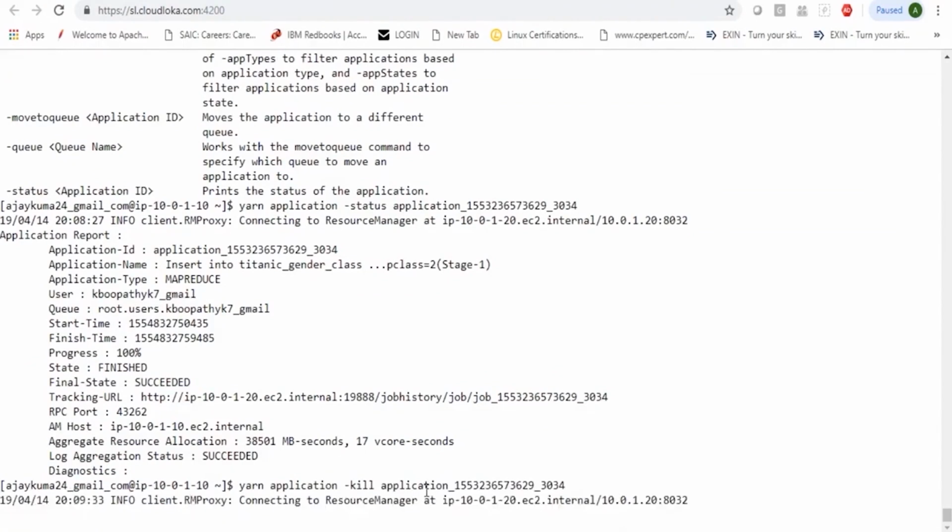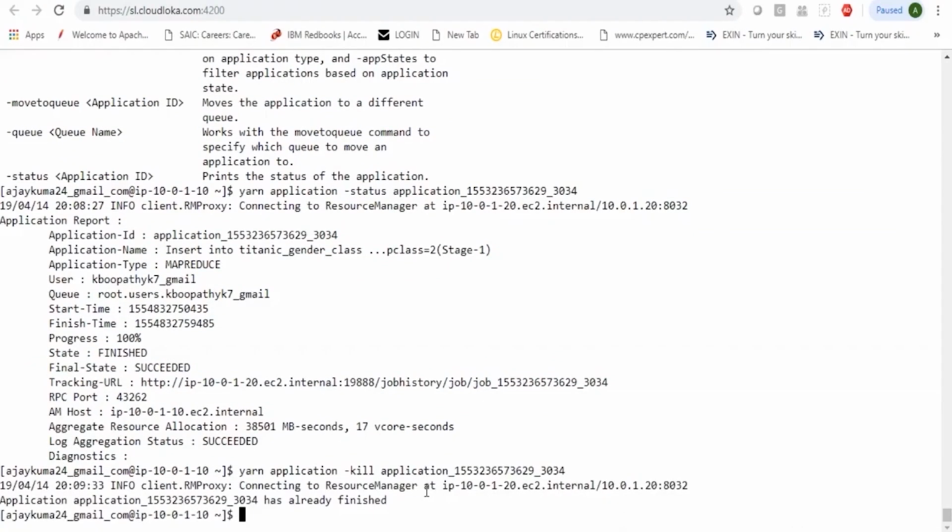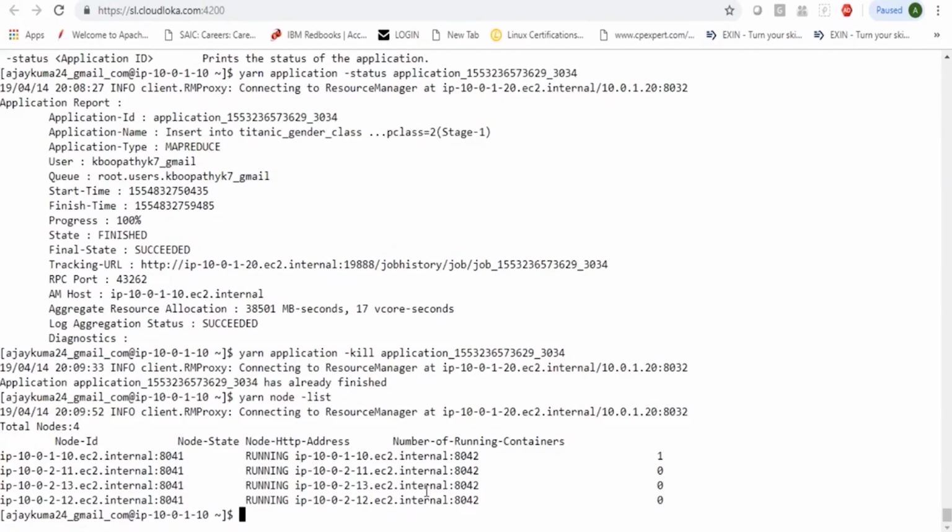Now I could try killing this. However, it would say the application is already finished. If I had an application running and if my application was already given an application ID by the resource manager, I could just kill it. I can also say yarn node list, which should give me a list of the node